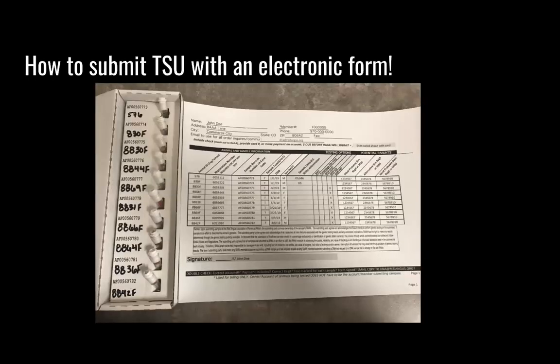I get a lot of questions about how to use the electronic form or just how to fill out the GeneSeek order form in general. So the first arrow that you're going to see is pointing out the testing options. Make sure you select a test, whether you need a genetic defect test or you need an LD test or whatever you may need. As you can see at the very top, the first animal is getting tested for OS and MA. The second animal is getting tested for just OS, and the rest of the animals are getting submitted